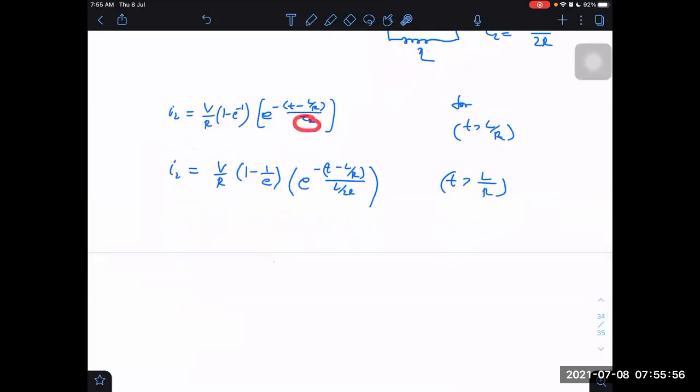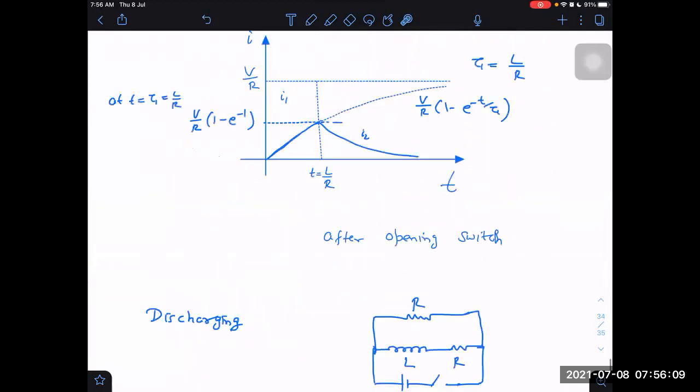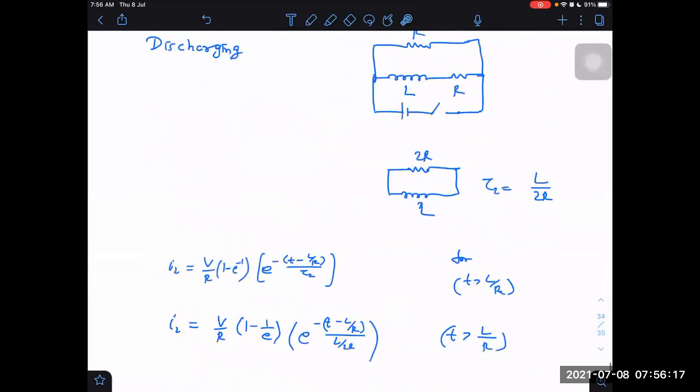So a change is made in the time constant, and because the graph is shifted, I have to write here t minus L by r. If it is shifted towards the left, then I will have to write it as t plus L by r. But here it is shifted towards the right, as compared to a standard case. Okay. One more question I would like to take on time constant. If I have one inductor and another inductor, two inductors are there, and this is L1 and this is L2.